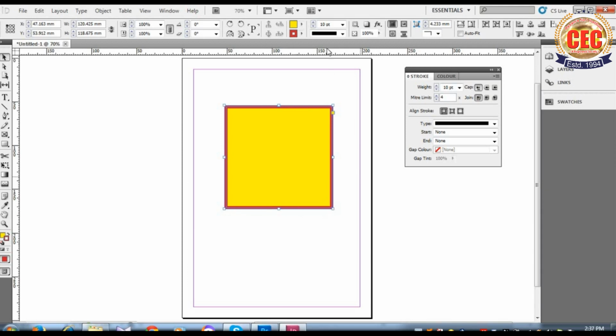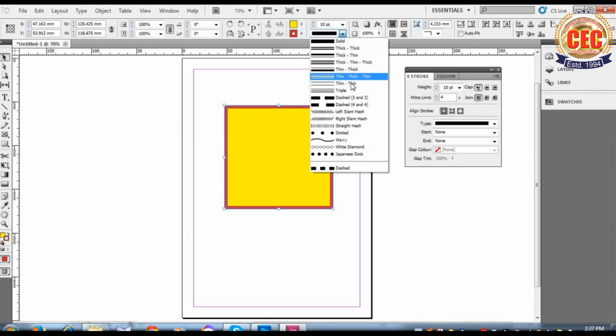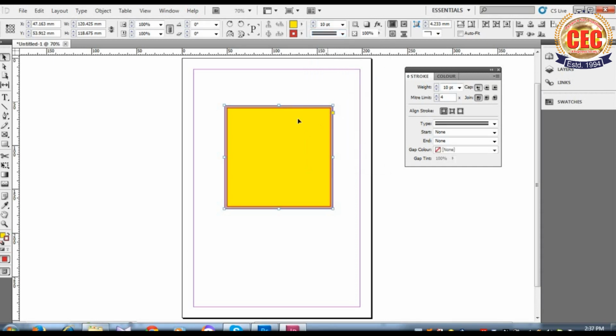Also we can change the line styles. For this we'll have to go to the option below the stroke and select a line style from here. Different styles have been given, so which one you want to give to your box, click on that option and it will be added to it. Now we can see the line style has been changed. This way we can fill a color to the box, then give an outline to it, select the line width from this option, and also change the line styles. So this is a box created here. This way you can make boxes in Adobe InDesign.